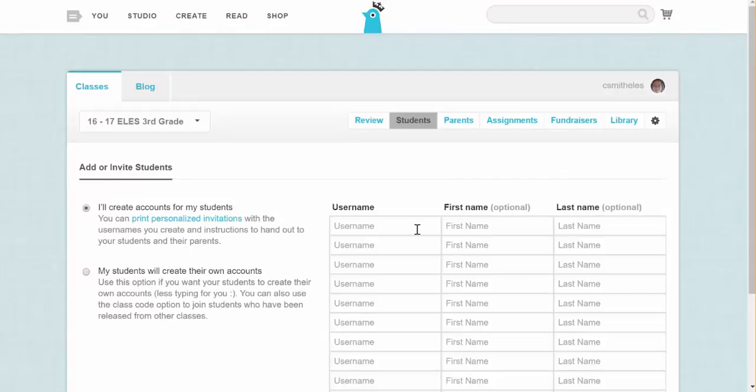What happens in Storybird is that students are able to take pictures as the background for their stories, and they get to add their own words. So I'm going to show how to do a poem as well as how to do a short story. So what the students will do is go to Create,